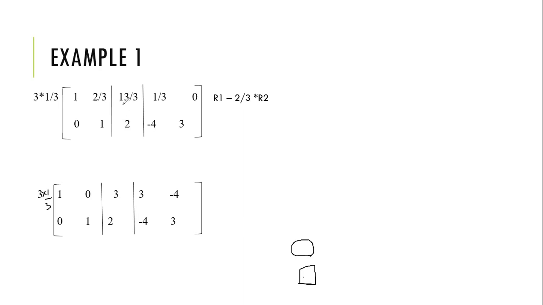For those of you who may be wondering, R1 is 13 over 3, minus 2 over 3 times R2. This is R2, which is 2. So that gives us 13 over 3 minus 4 over 3. LCM gives you 3. 13 minus 4 is 9, which